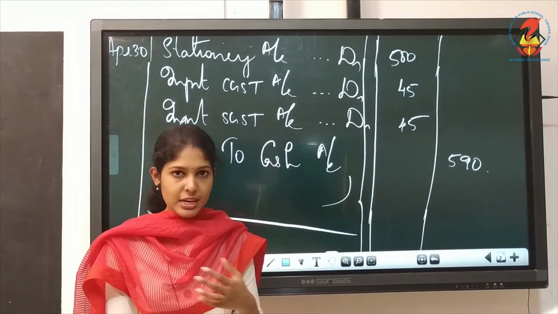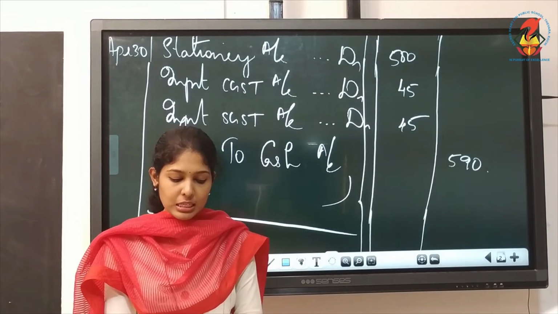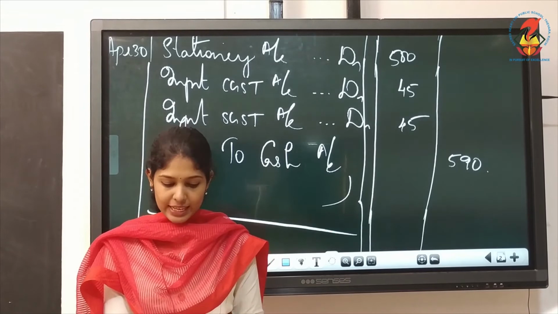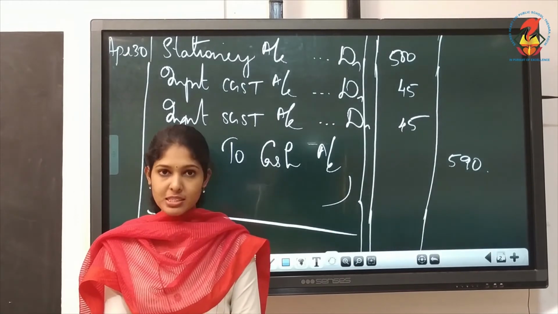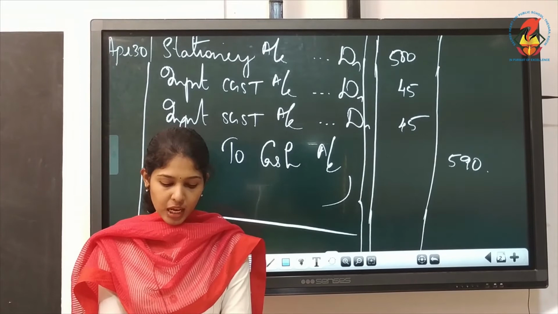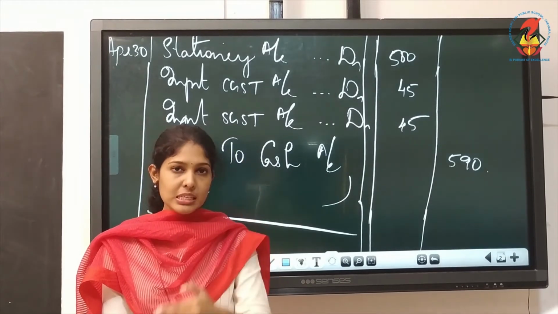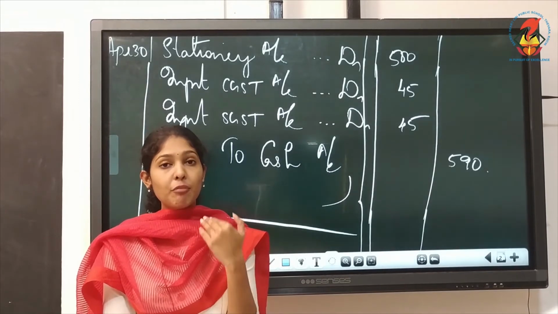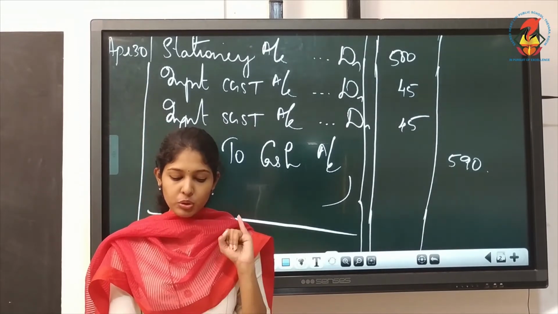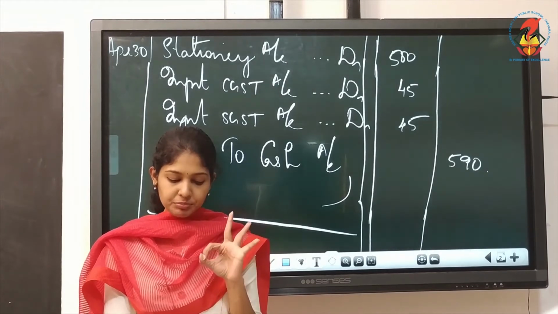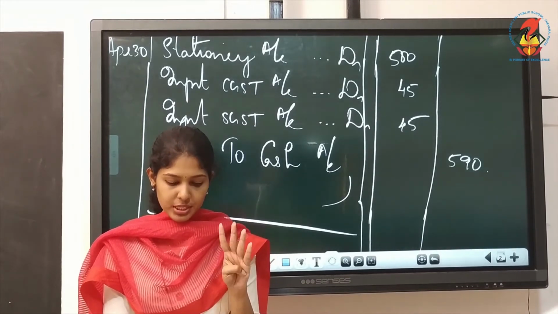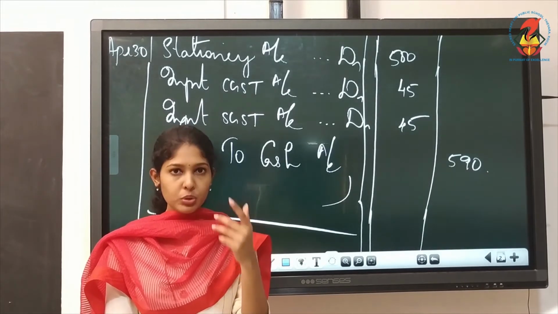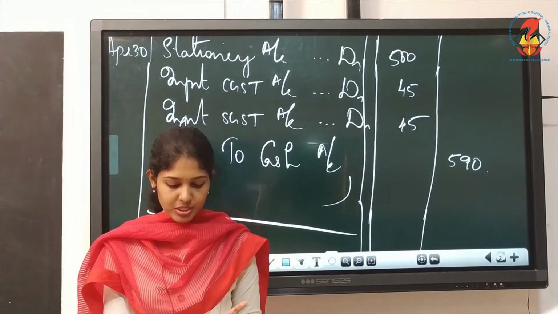Now we will move on to ledger account preparation, and as you know we have to do so many ledger accounts in this question. The question is lengthy. Starting from cash account, that's the first account you have to do. The next account will be capital. Just look into the entries that you wrote. In the same order you have to prepare the ledger accounts. So cash, then capital, purchases, input CGST, input SGST, then again there is cash, but no need to do it again since we prepared it first.